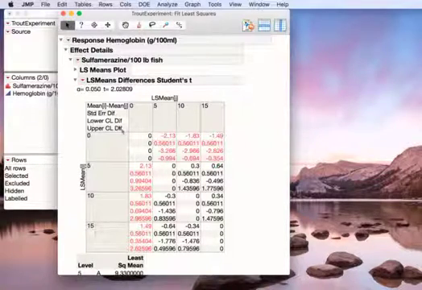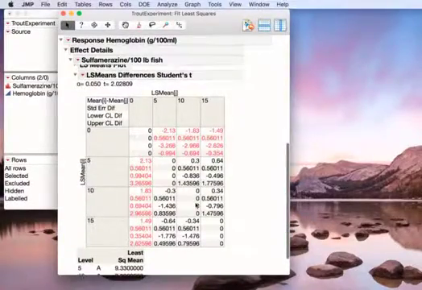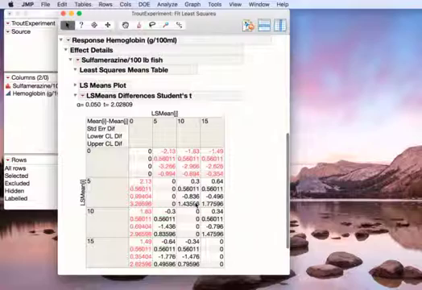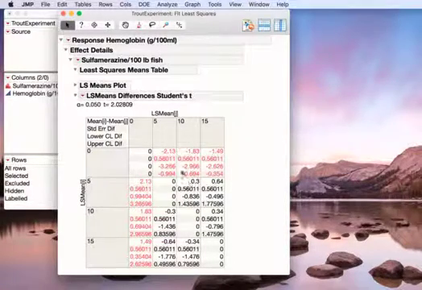It tells us this is based off of alpha of 0.05, meaning that we have a 95% confidence interval. And we can see that all the contrasts that compare 5, 10, and 15 to 0 are significant, but none of the other ones appear to be significant. But we might be concerned about the fact that we're doing multiple comparisons here. We're doing 1, 2, 3, 4, 5, 6 different comparisons, so we need to do some sort of adjustment. So let me do that